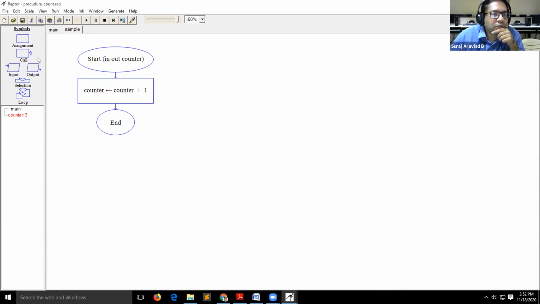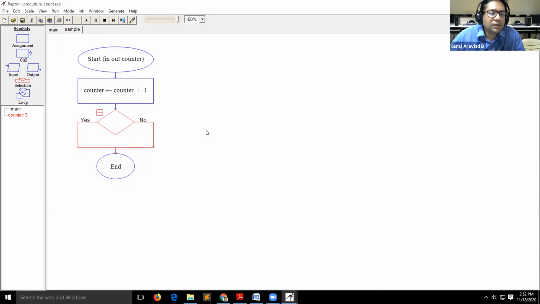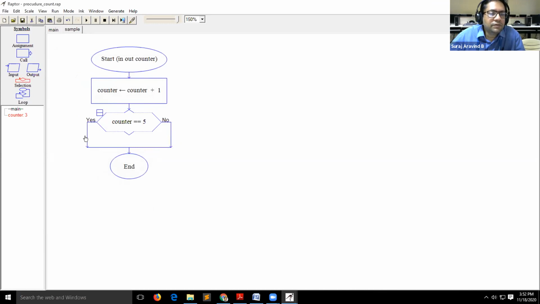Okay, let us put an if block. Counter, if it is equal to say 5, some condition is there. If it is equal to 5, yes.